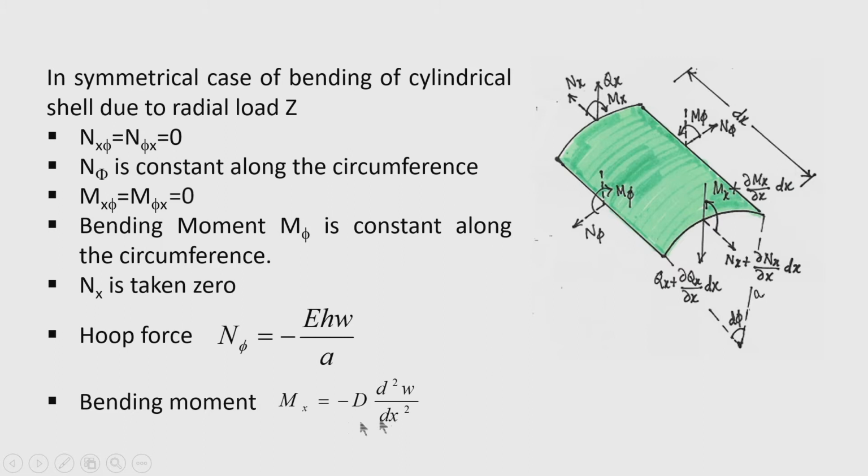With that background we will try to apply this theory to solve two problems of interest. These two problems I will take up one by one. One is a cylindrical pipe subjected to uniform internal pressure, supported at the end, that means the boundaries are specified. We will see how the solution becomes if the length of the pipe is very long, and how the solution is obtained when the shell is of finite length.